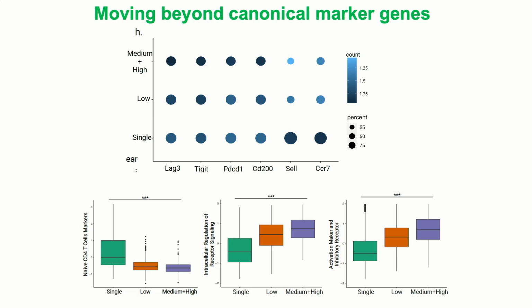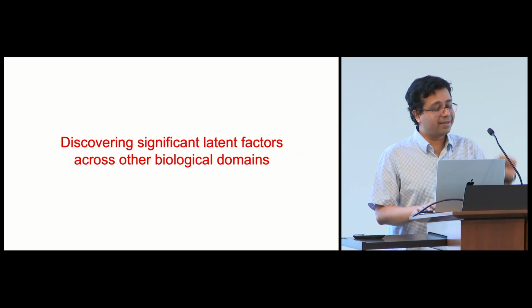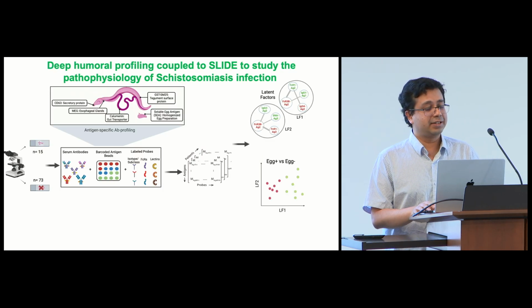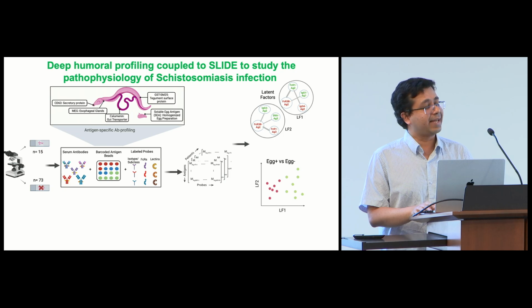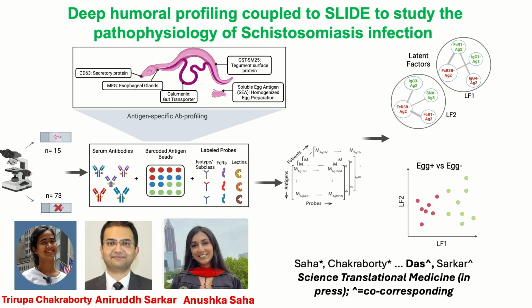Now, I made the claim across biological domains. That's a big claim. So have we really done this across biological domains? So we've been talking about single-cell data modalities. Now we switch data modalities completely. So this is in the context of schistosomiasis infection, where we have this platform technology called antibodyomic profiling, where using a Luminex-like assay, we can quantify the response of a polyclonal pool of antigen-specific antibodies. So for different antigens, we are measuring the isotype subclass profiles binding to Fc receptors, and we are saying, using this interpretable model, what exactly do we understand of the latent factors, humoral latent factors driving schistosomiasis infection?